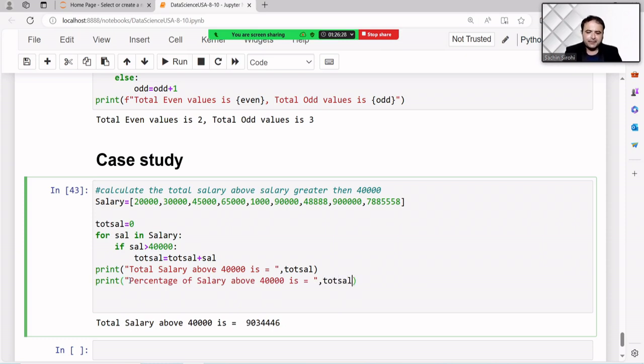Now total salary, how can you divide? Like anyone can suggest calculating the length also. There is a problem in calculating the length also.